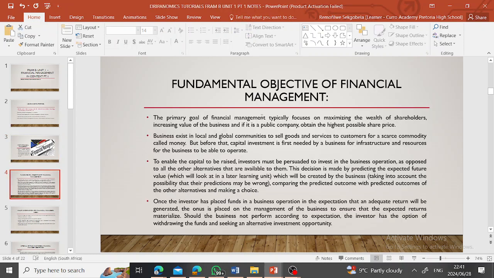Okay. The fundamental objective of a financial manager, right? The primary goal of financial management typically focuses on maximizing the wealth of shareholders, right? So, if financial management is all about maximizing the wealth of shareholders, what is the role of a financial manager? To maximize the wealth of shareholders, right? Or to increase the value of the business, and if it is a public company, to obtain the highest possible